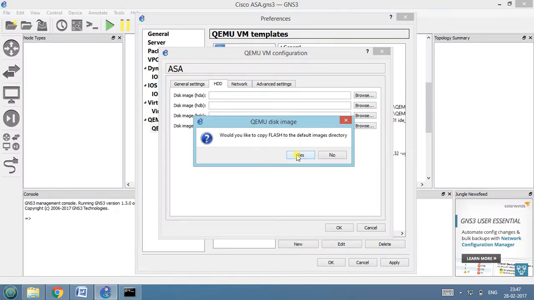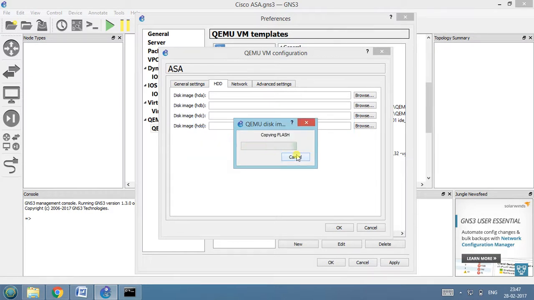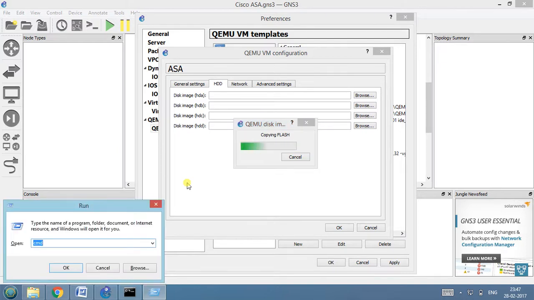If you want to copy this flash drive to the default directory, then click yes, otherwise click no. I will copy this and it will take a little bit of time because the size is 512 MB, almost half a GB, 0.5 GB. Okay, meanwhile let's check. We need to configure ASDM also, then we need a loopback adapter or any virtual adapter